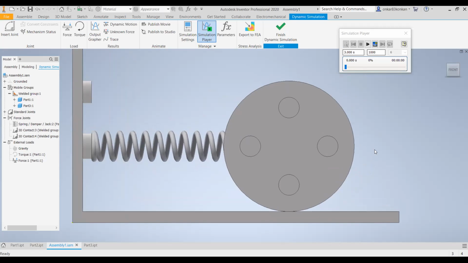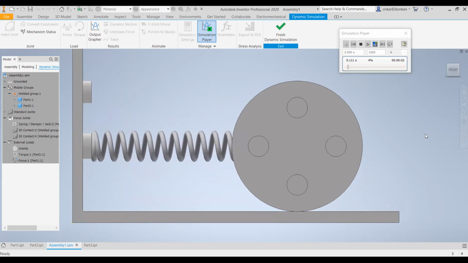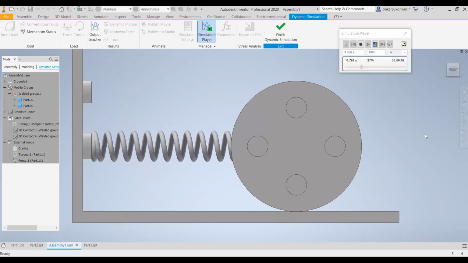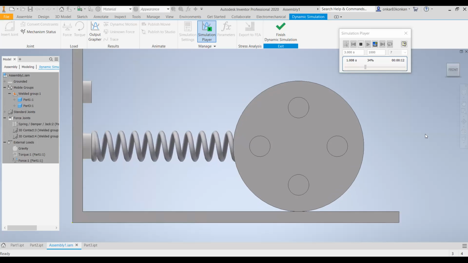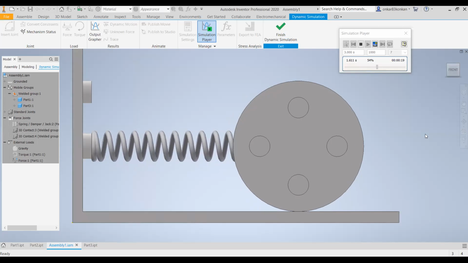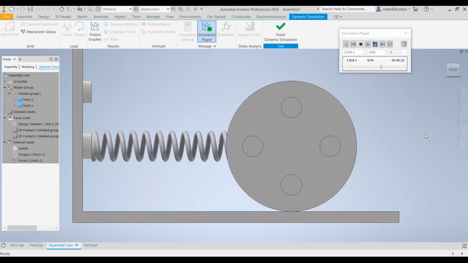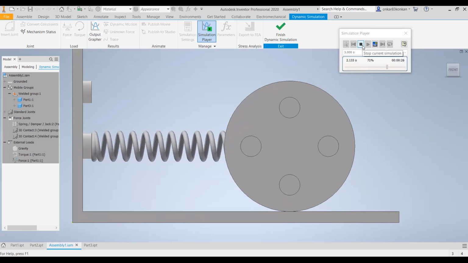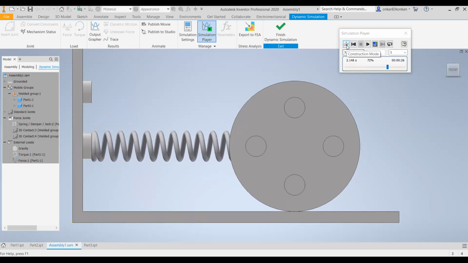Here the vibrations are very rapid. Try to observe carefully. This is the actual vibration for that roller. I will change the frame rate.